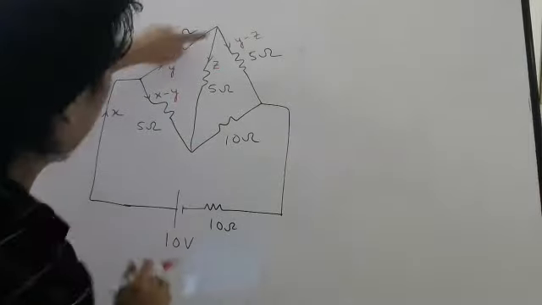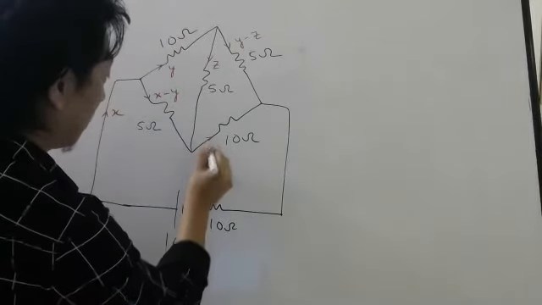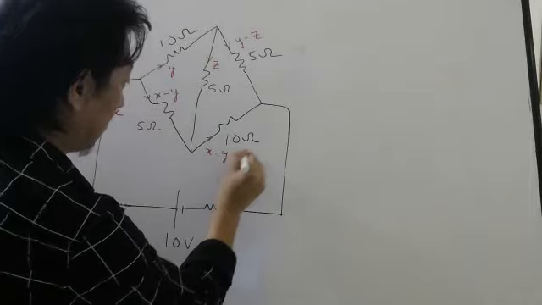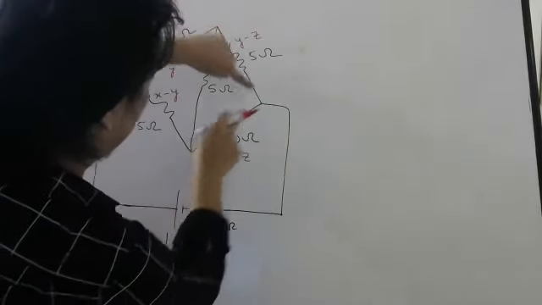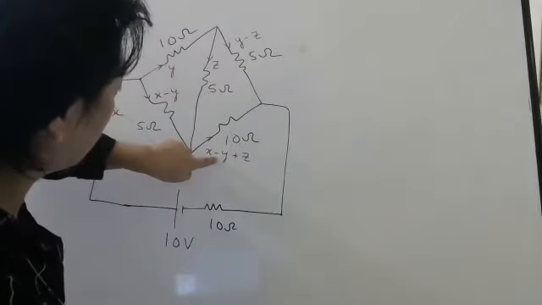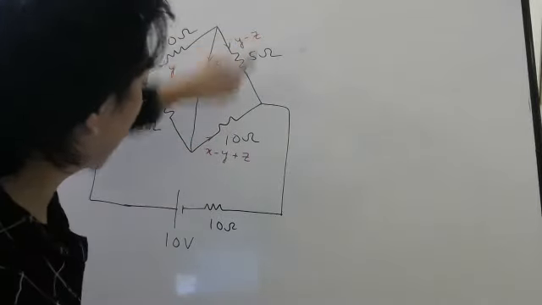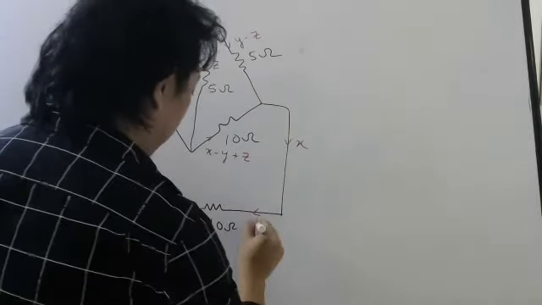Here you see Z is coming, X minus Y is coming. So this will be X minus Y plus Z. And here these two will add. Check carefully what will happen when they add. Y and minus Y will cancel. Minus Z and plus Z will cancel. So X you will get. So here X will flow.